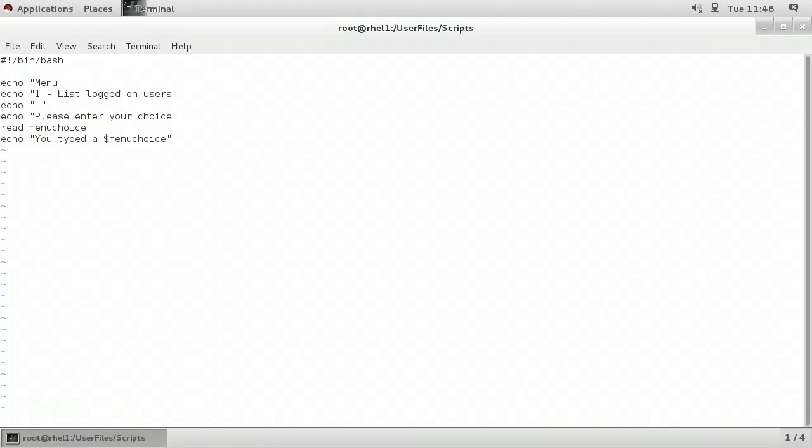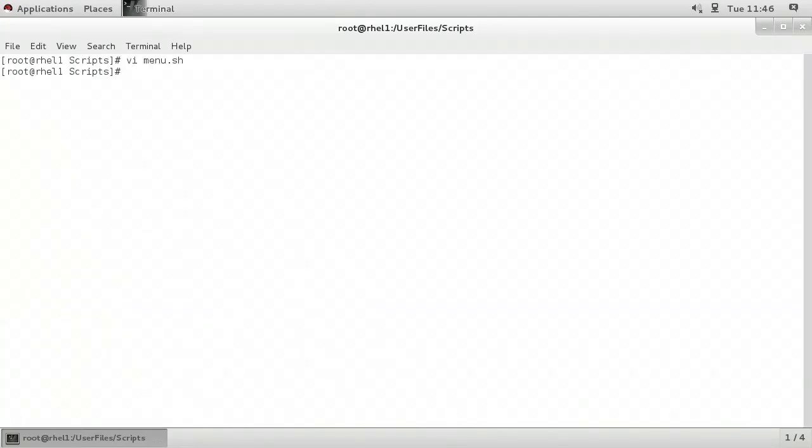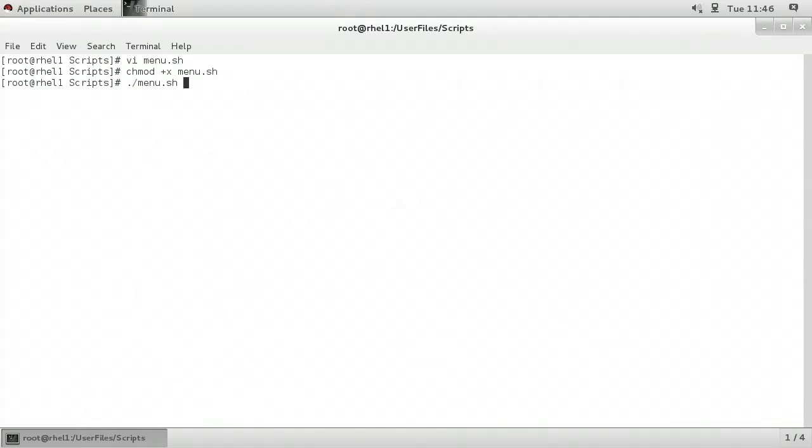Now I'm going to press escape so I can go back to command mode, and I'll type :wq for write and quit, so to close and save the file. And I'm going to type chmod space +x space menu.sh because it needs to be flagged as executable. Now if I type ./menu.sh to run my script, it has my menu where I see option 1 to list logged on users,